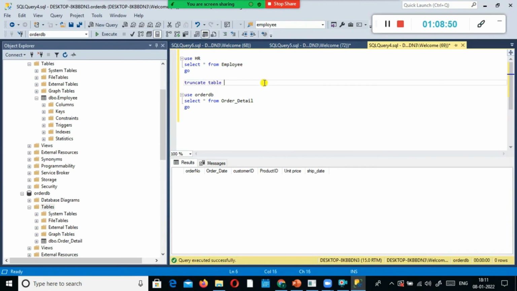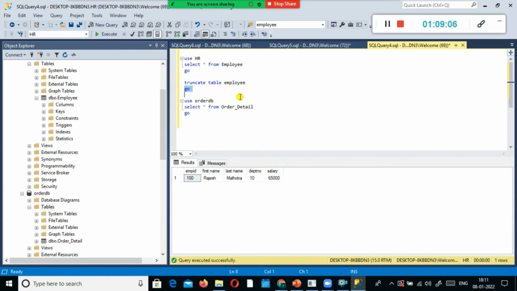Truncate table. Apart from delete from, we have something called truncate table. Look here. If I select this one, I can use delete table also. See what happens if I don't give go. Along with truncate, this other command will also get executed. I don't want that to happen, so I tell Microsoft SQL Server, hey, consider these as separate batches, so at one go I execute only these commands, right?